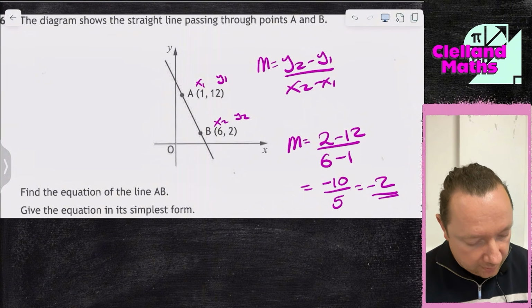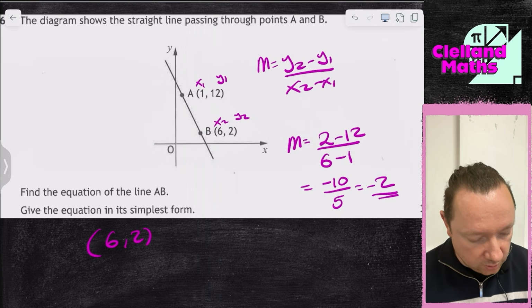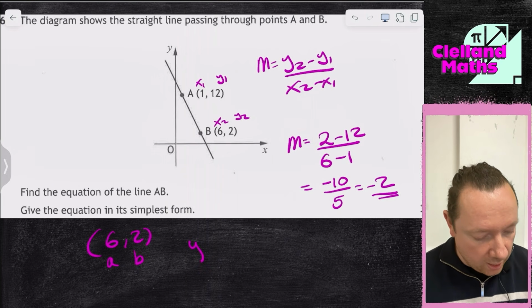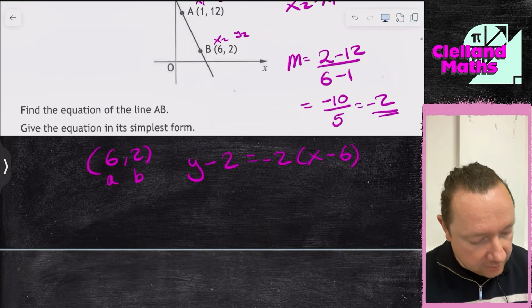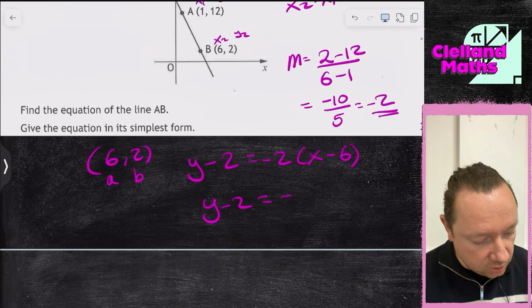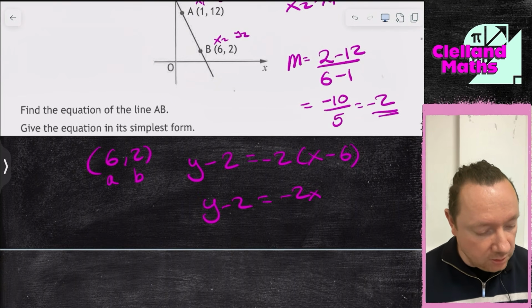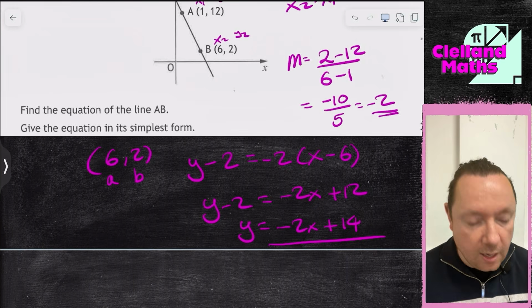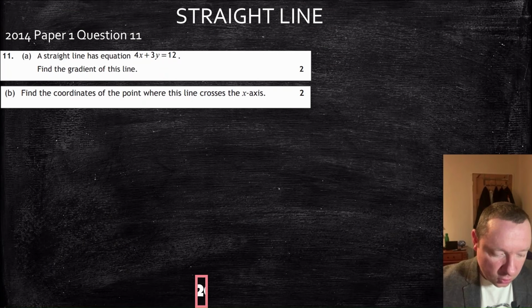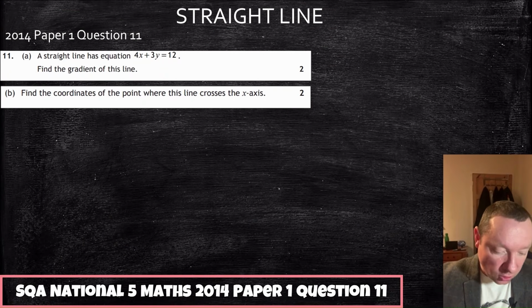Now I'll pick a point to be A and B. So I'll just pick 6 and 2 because they're easier numbers. y minus 2 equals minus 2 times x minus 6. Expand. Minus 2x, a minus times a minus is a plus. And move the minus 2, y equals minus 2x plus 14. And we're done there. That's the National 5 Maths 2014, Paper 1, Question 11 says,